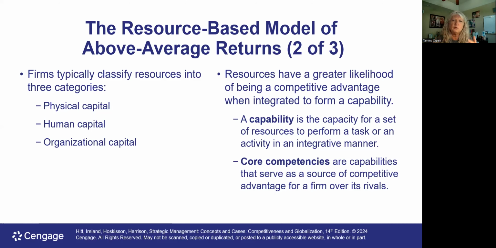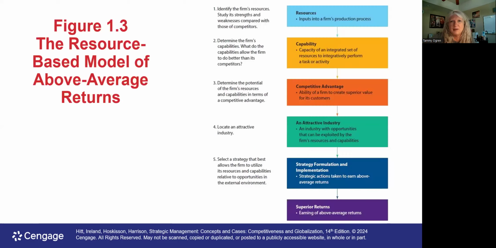And so through continual review, we look at those capabilities as competitive advantage, and we hold on to those tight and make sure we're not outsourcing them, as an example. So when we use this model, it suggests that strategy allows for competitive advantage when we first recognize who we are and what our resources are. Then we look at our capabilities, and then we look at our competitors and how we compete against them. Then we look at the industry and create a strategy that fits that. And then we look for above average returns in that way.